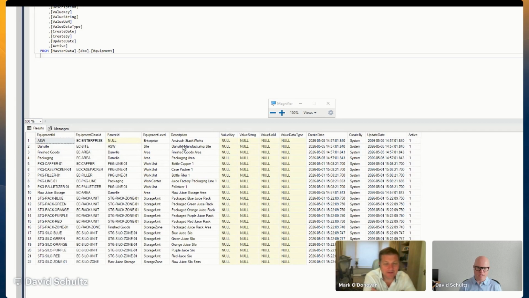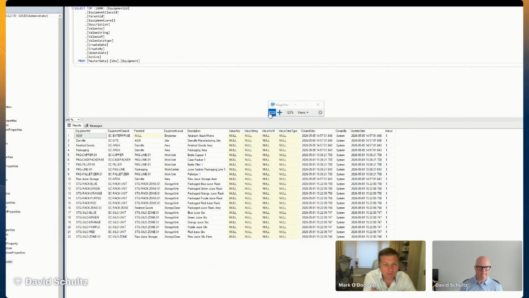And then we get into, of course, the area. We have work units, work centers, storage units, storage zones, everything that you would expect to see in this role-based equipment model. So we've now built out all of the areas, and this is my fictitious juice factory. We have the ability to make juice. There are 5 different colors, and we have the ability to pack up some juice, and there are some storage locations in it. So this is what that equipment model looks like, and I'm going to get rid of this view because it really messes up my mouse. But I think an important thing is